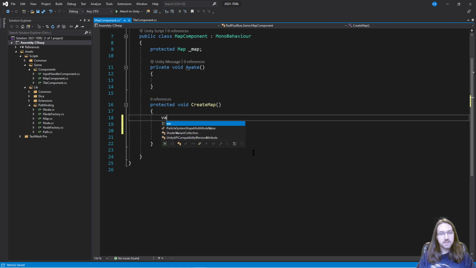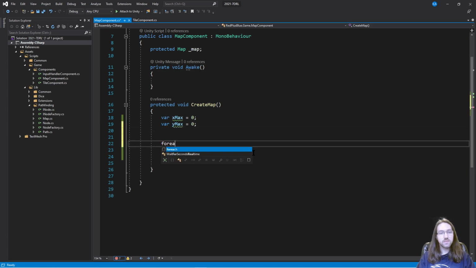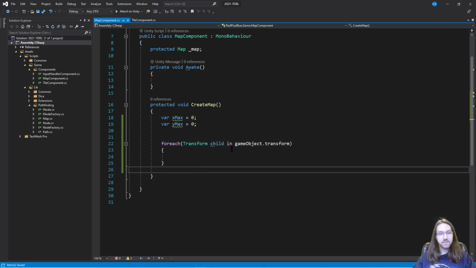So here we're going to say var xMax, or sorry, x max, is going to be equal to 0, and then var yMax is going to be equal to 0 as well. We can initialize those, and then what we can say is for each transform child in game object.transform. So for every single child in this game object, all of the children of our transform, we're going to